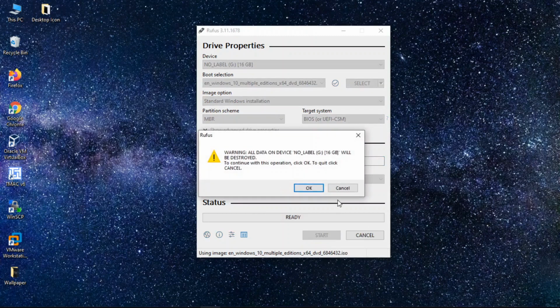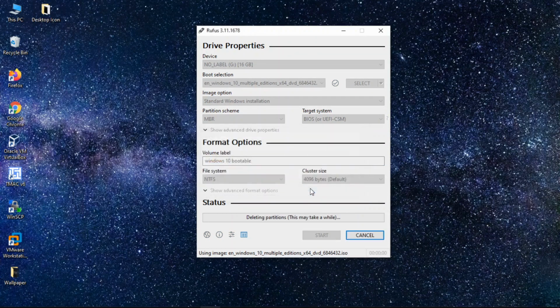Make sure the pen drive is blank and has at least 8 GB of space. The pen drive should be 8 GB or more. It will take some time, at least 15 to 20 minutes. So I have forwarded the video so that you